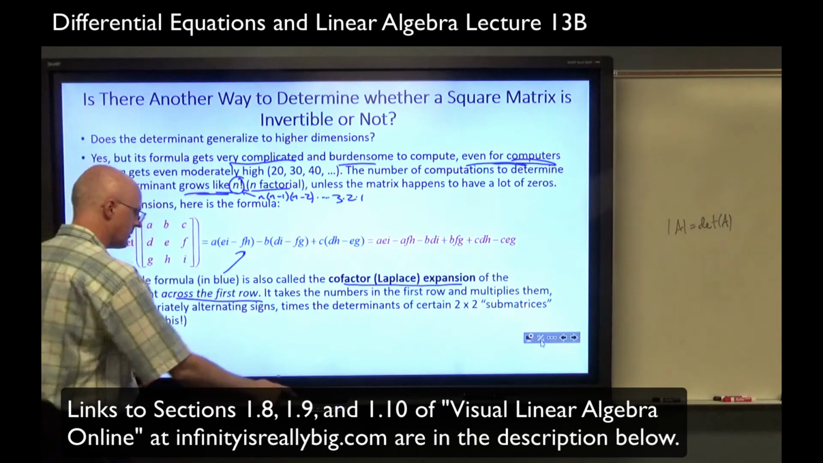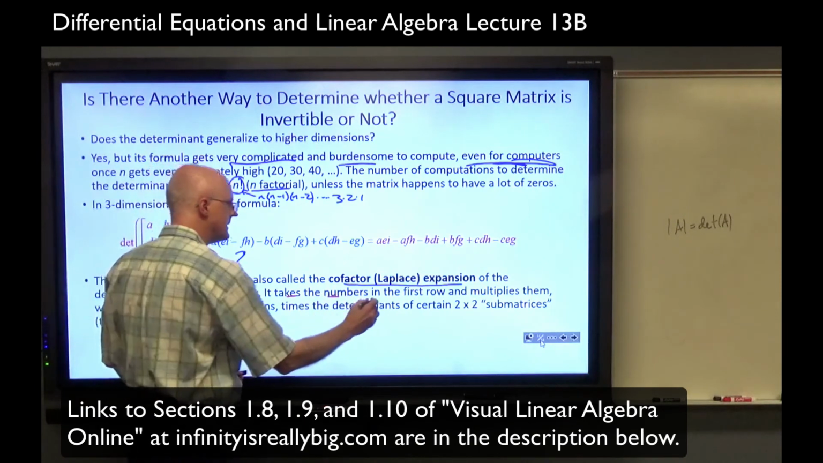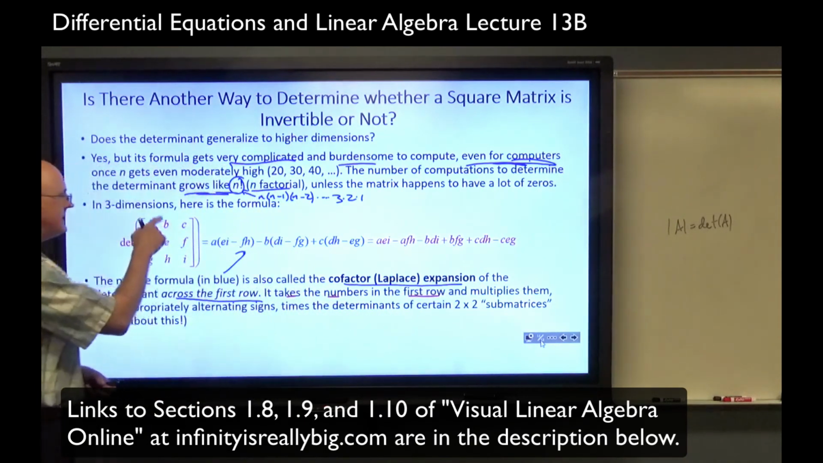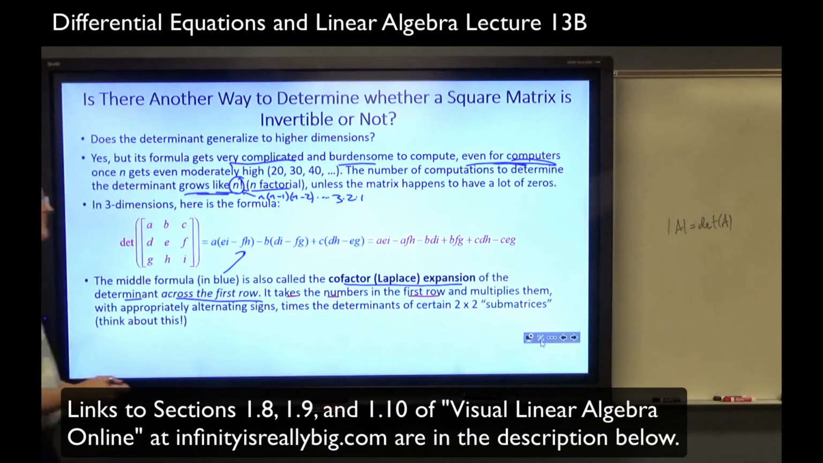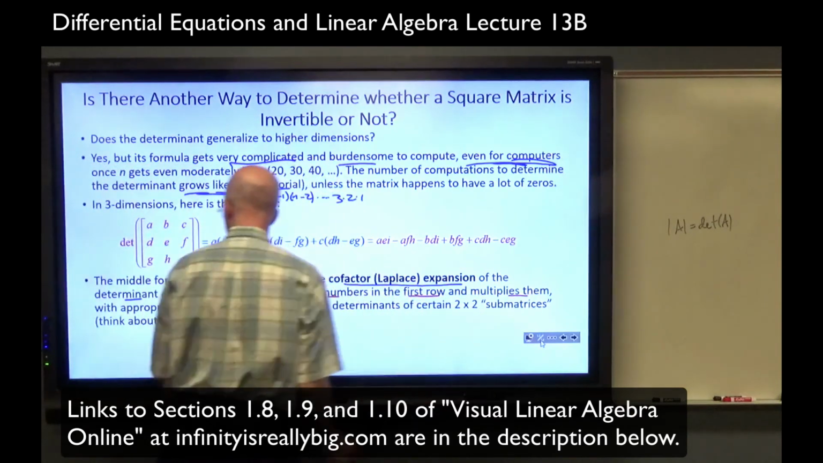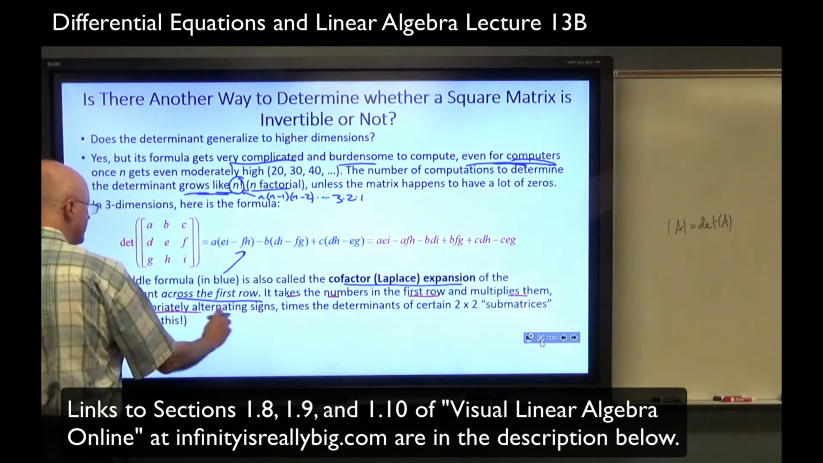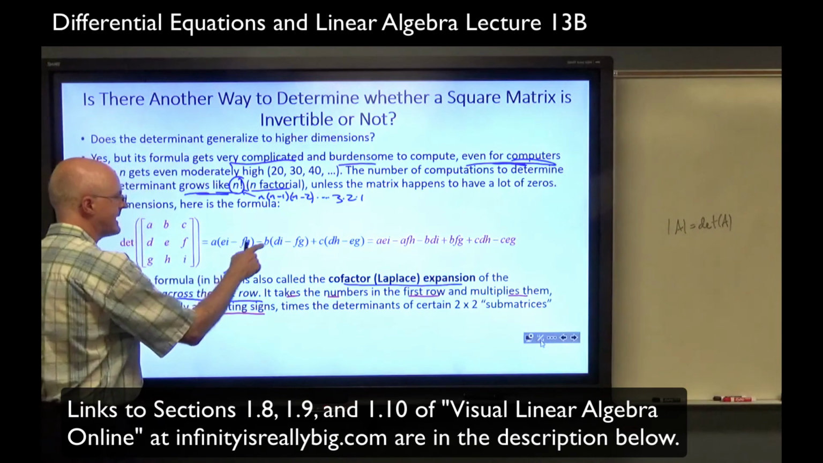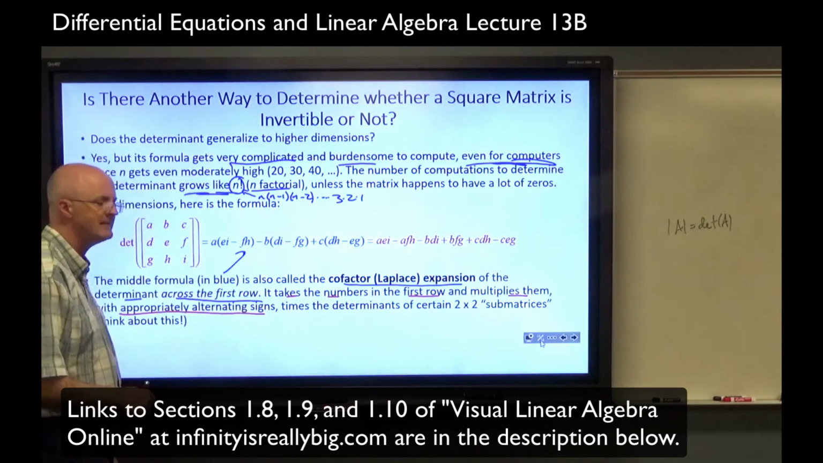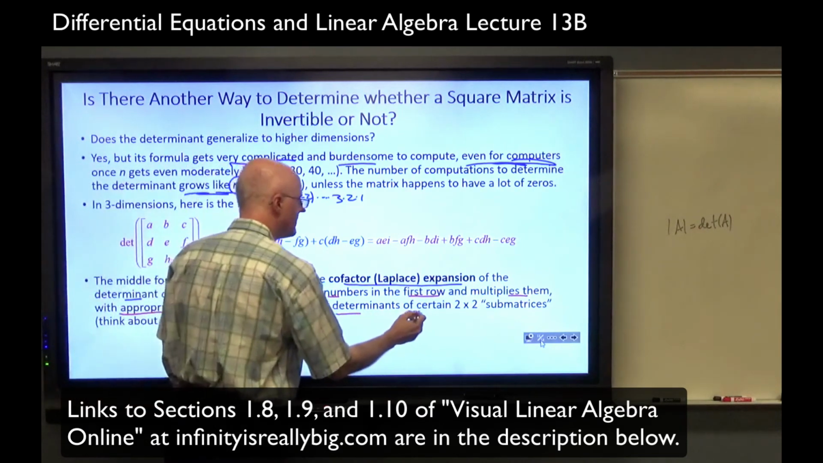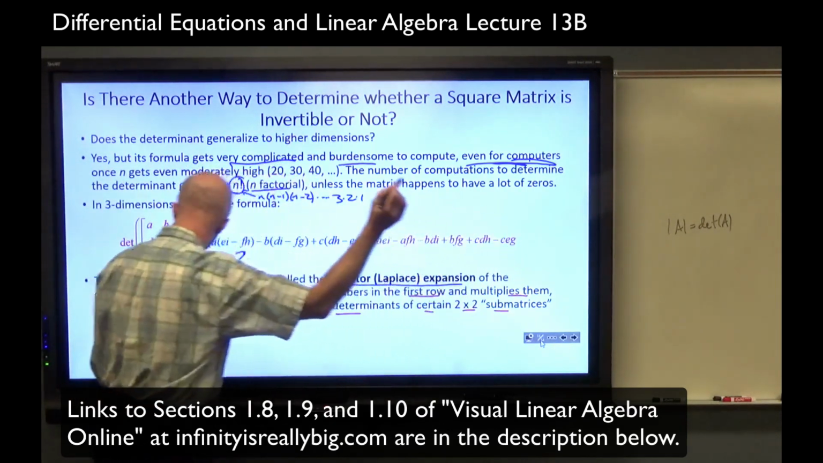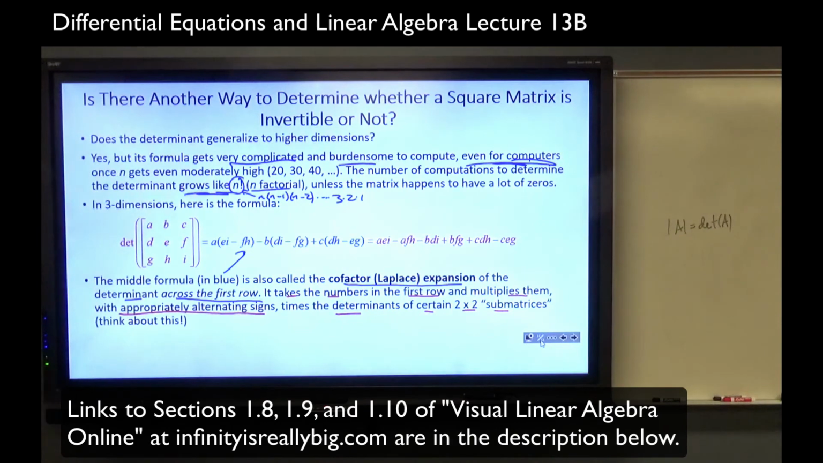It takes the numbers in the first row, the A, the B, and the C, and multiplies them with appropriately alternating signs, plus, minus, plus, times the determinant of certain 2 by 2 submatrices. If you've never realized this or heard about this before, you may want to pause the video to think about what in the world I'm talking about here. Now, if you're back, I will tell you,